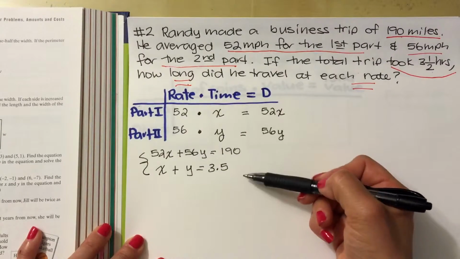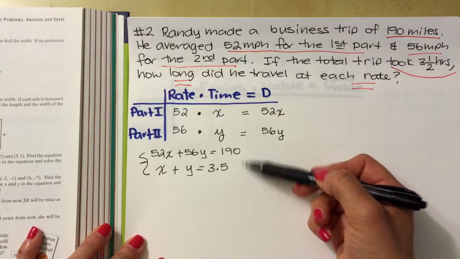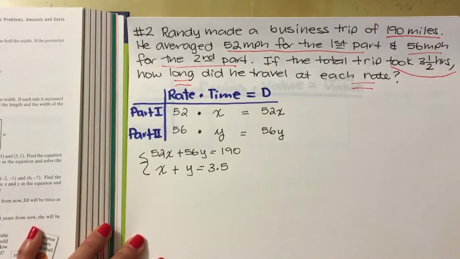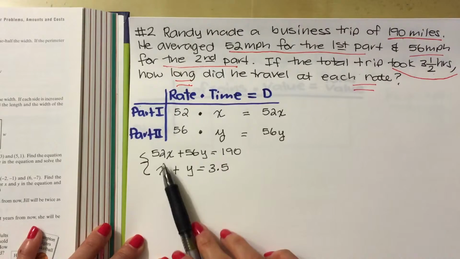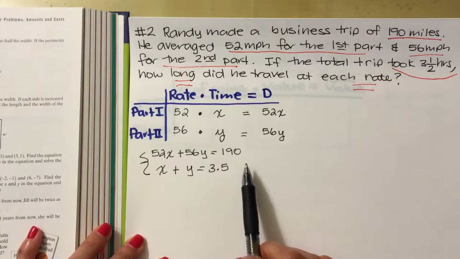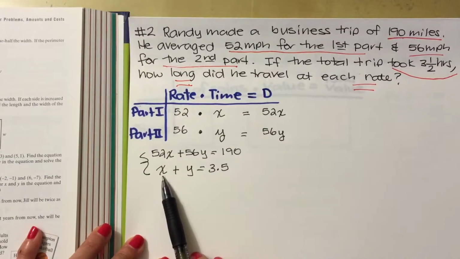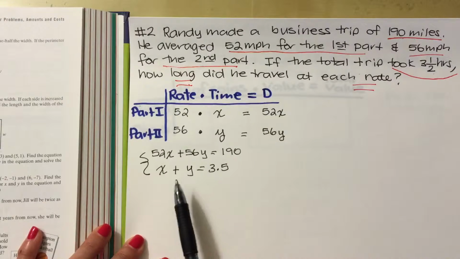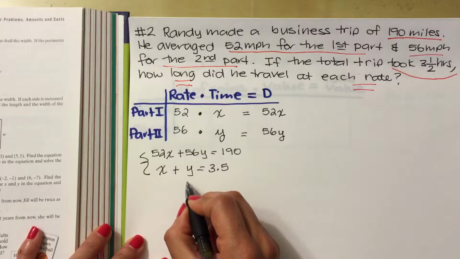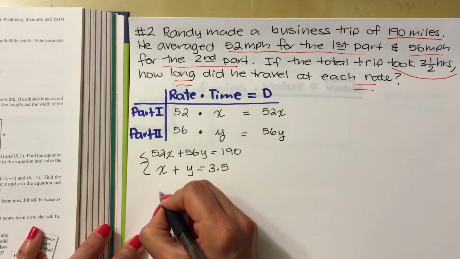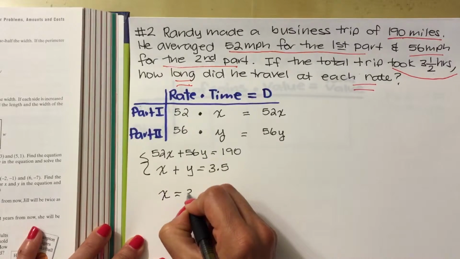We have 2 equations, 2 variables. We could solve using addition or substitution. I am going to use the substitution method just because I see that these numbers are bigger, so I think it'll just be easier to use substitution, although it doesn't matter. But let's use substitution. Take the easier equation, equation 2, and I'm going to solve this equation for x. So to solve for x, we subtract y from both sides. We get that x is equal to